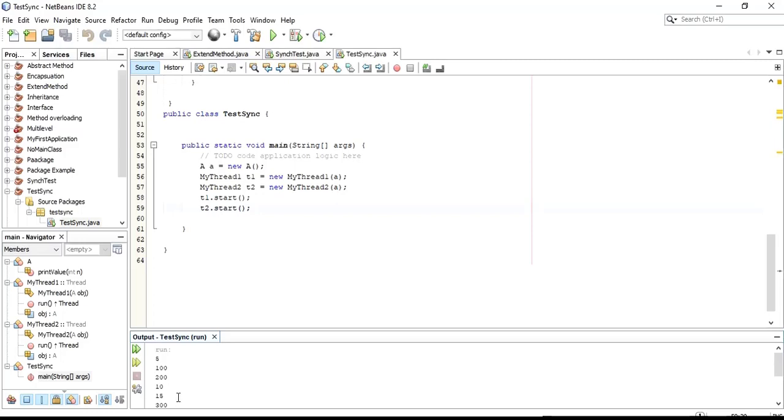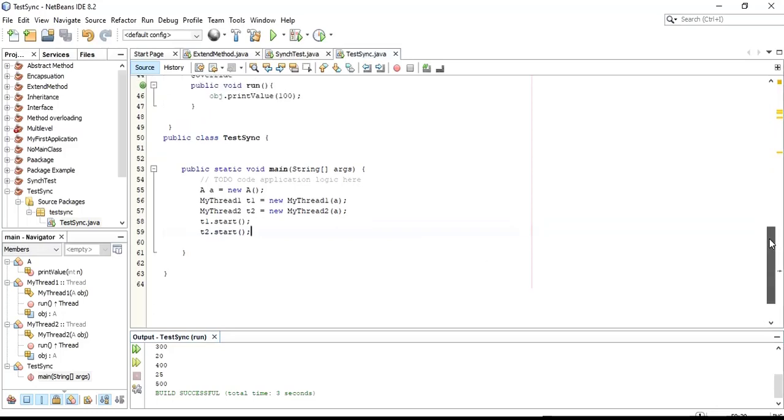You see that different threads are executed simultaneously, isn't it so? 5, 10, 200, 10, 15, 300, 20, whatever. So of course, when it comes to multi-threading, we are allowing more than one thread to have access simultaneously. But in some cases, there are situations where